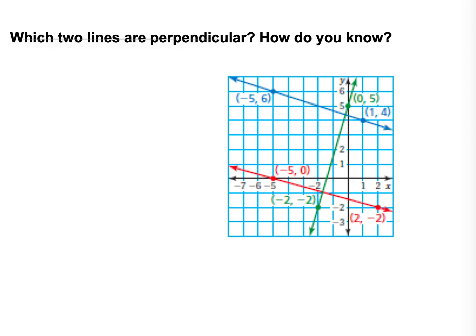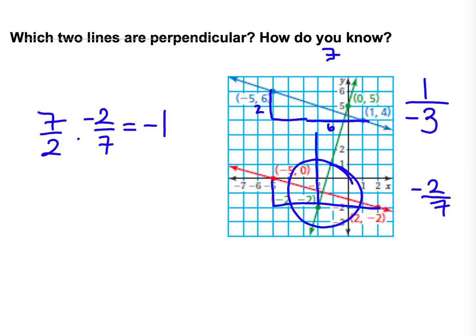So for this one, which two lines are perpendicular and how do you know? You start by looking for some right angles. So if you look at the picture, you might see where you think is a right angle and what might not be a right angle, but it's a little hard to tell. So you do need to find the slope for each of those lines and then look to see which ones are negative reciprocals. They have the same numbers, but they're flipped, and one of them is positive and one of them is negative. So if you look at my work here, and I do have a lot of writing on there,